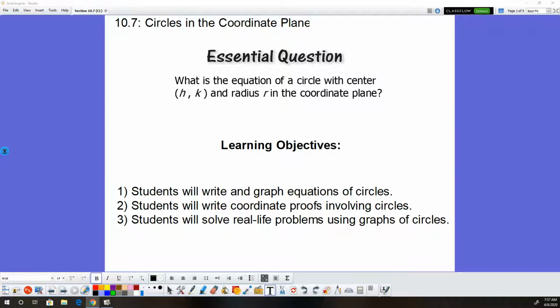Today's video is going to be 10.7. This is the only section we're going to do in Chapter 10. Chapter 10 is our circle units. That's one of the ones we're passing and we're not going to do because of the time constraints we have